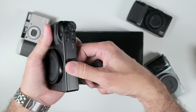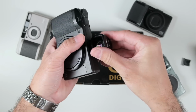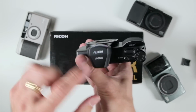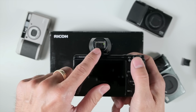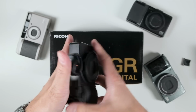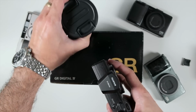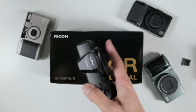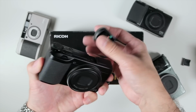I have a Fujifilm here, but Ricoh has their own. They didn't have one to send me, but you know, this optical viewfinder here allows for both 21 and 28, and Ricoh has one of these as well. So you have double frame lines in here, and so if you're shooting with the accessory ultra wide lens, that's great, as well as being able to see outside your frame lines, to see people coming into your frame, I think it's great. But wouldn't it be great if they actually created a hybrid OVF, meaning if you put